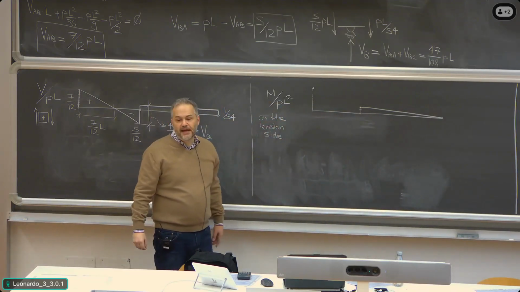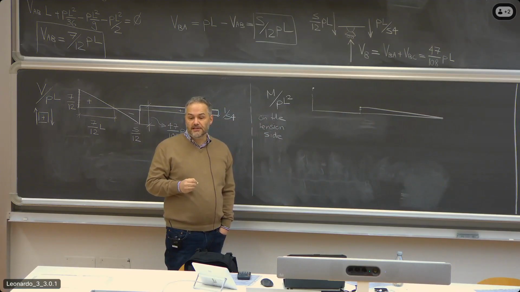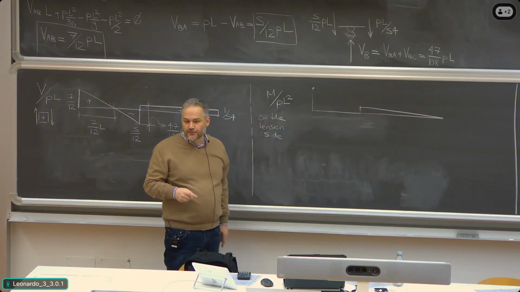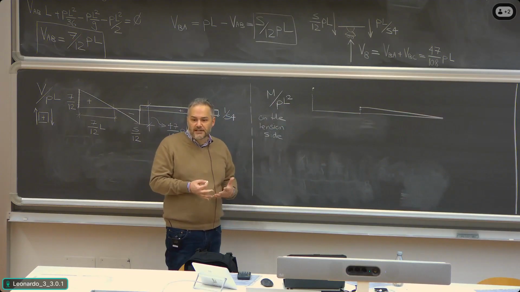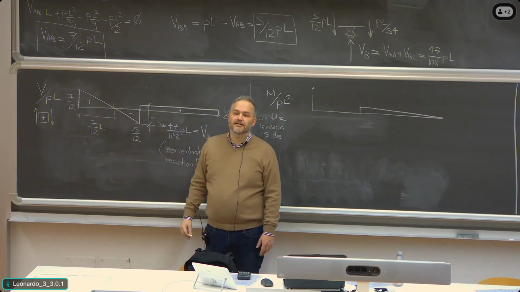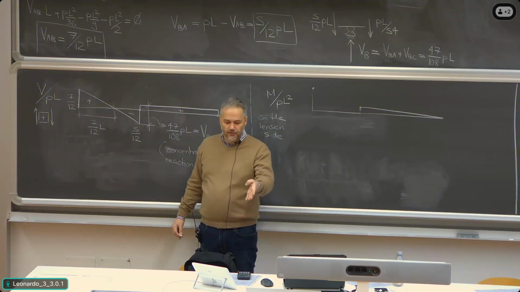Here, in the first span, as you know, when the distributed load is present, we have a bending moment diagram which is parabolic. Two points are not enough to clearly identify a parabola. We need a third point, which is the wisest choice. Where the shear force is 0, we have a maximum bending moment,